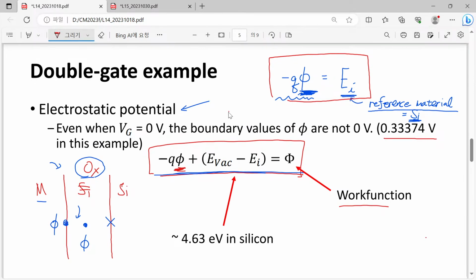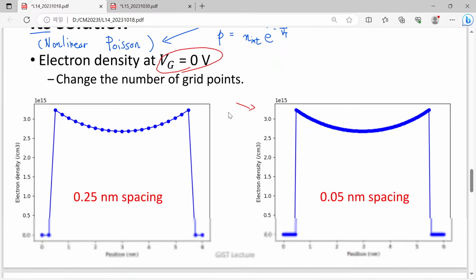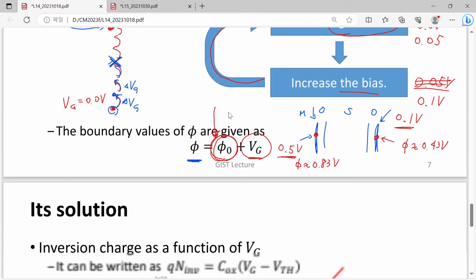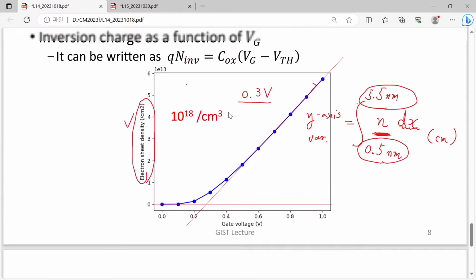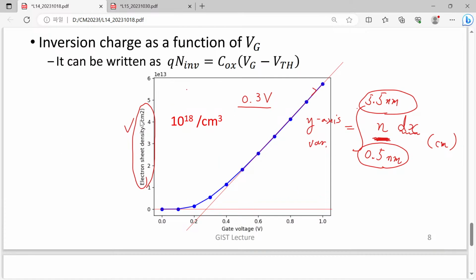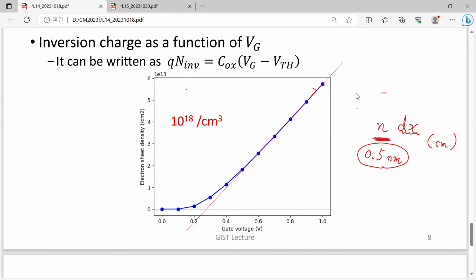The homework problem 1 is, once again, this one. This is the graph you must reproduce to do homework problem number 1. So in order to achieve this goal, you must do two things. One thing is to achieve this solution at